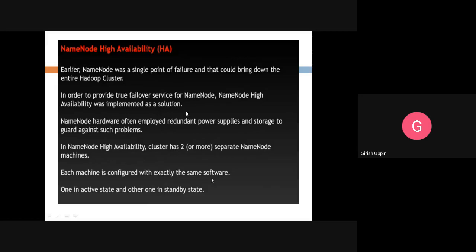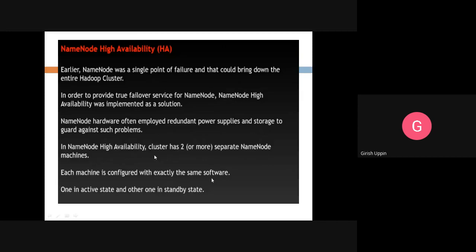Name node hardware often employed redundant power supplies and storage to guard against such problems, and that is good enough to make sure it won't fail. But still, we need to have the high availability so that we have alternate name nodes.